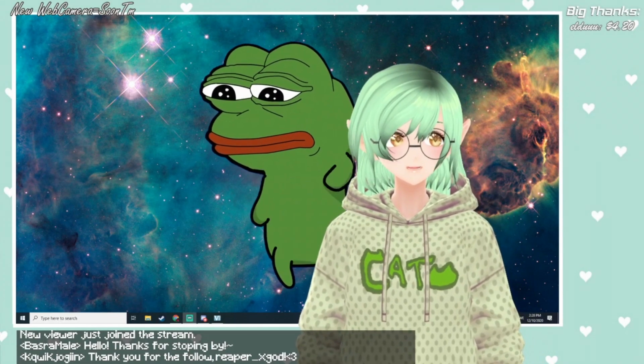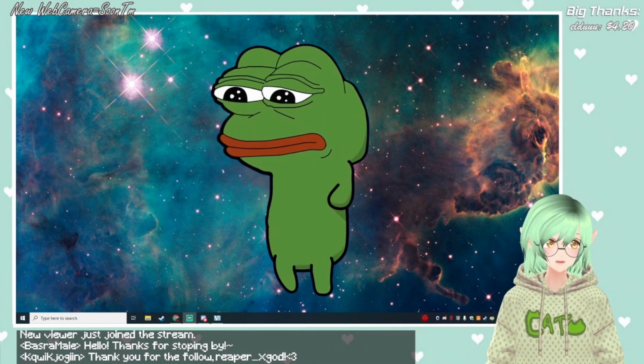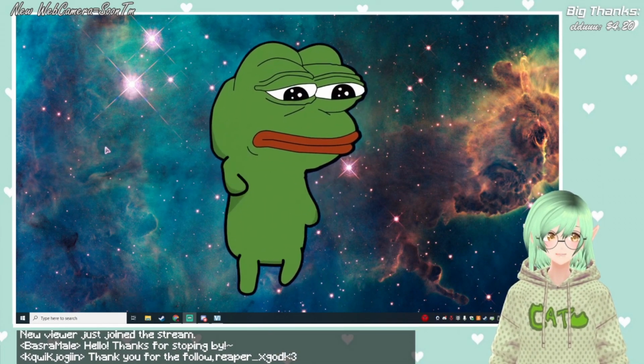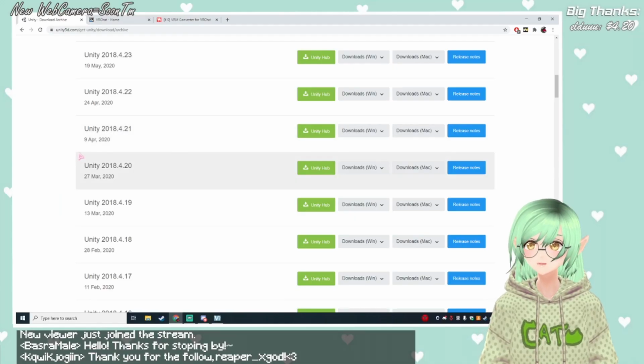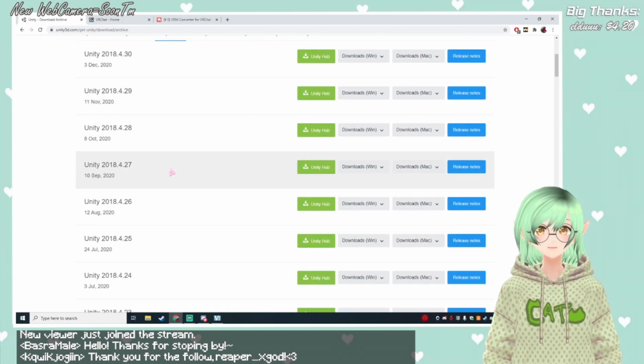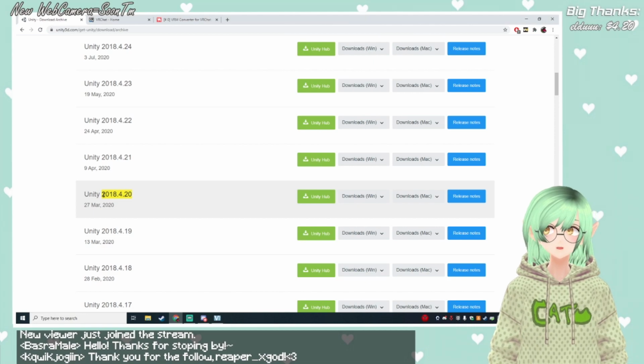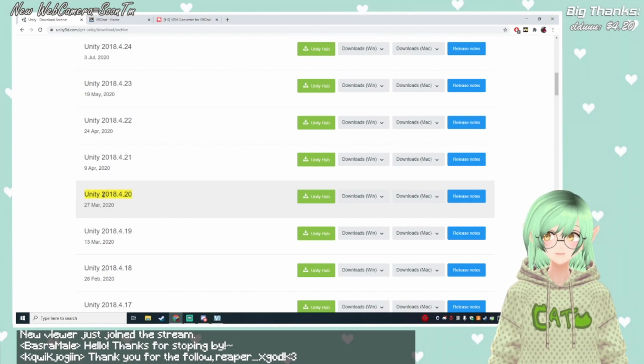With this method, you're going to have to download Unity. I'm just gonna shrink myself a little bit. So there we go. So here we have all the versions of Unity. The one I'm using is the 2018 one, and it is version 20. So make sure you download this one if you want to follow along with this tutorial, or else it might